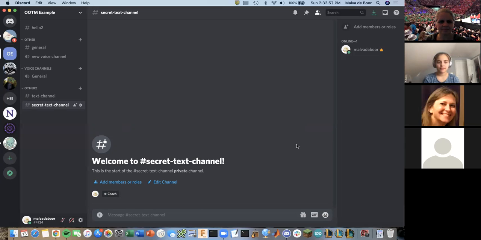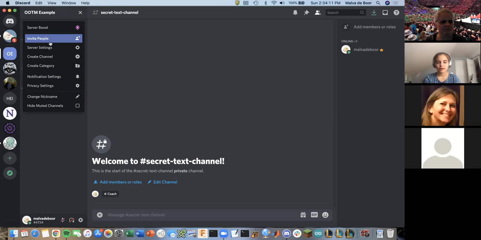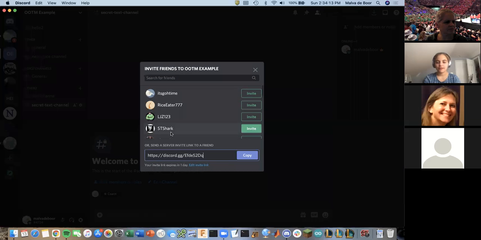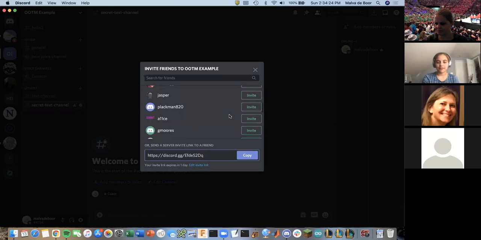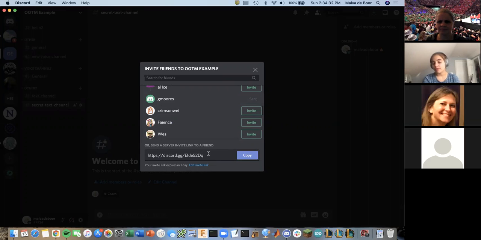And then the last thing for doing servers is inviting people, because obviously you want to have your entire team in your server. So the way to do that is to go to this drop down arrow in the top left again, and you hit invite people. If you have all of your team members and coaches as your friends already, like we talked about earlier, then you can just add them. So if my mom's here, I can hit invite, and then it will send her an invitation to join the server. Or if you're not friends with them already, then you can just copy this link,